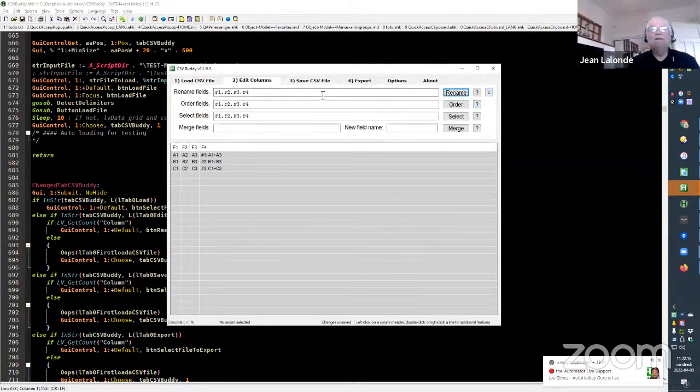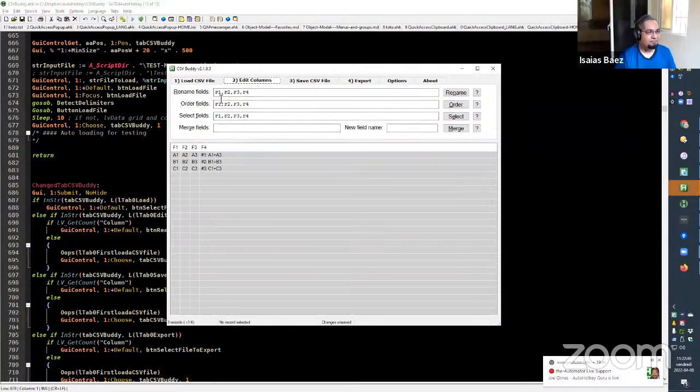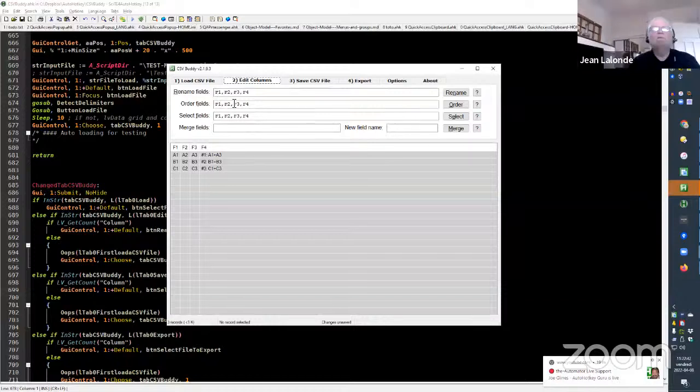But it's something I added. So, for example, if I rename the last column here, I can undo this renaming. For select, this is a little more complex to undo because here I'm removing a column, so I have to take a backup of the content in order to be able to restore. But for the others, it's easier. Anyway, I'm just jumping from one thing to the other.